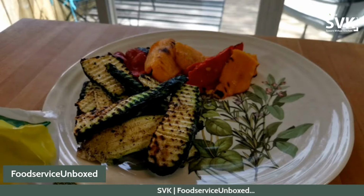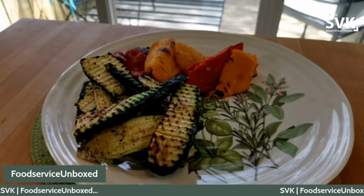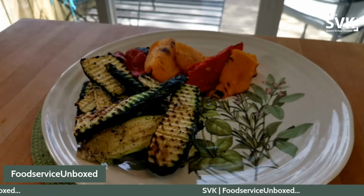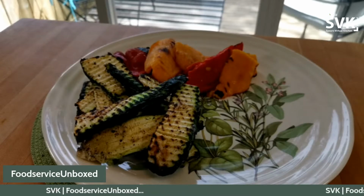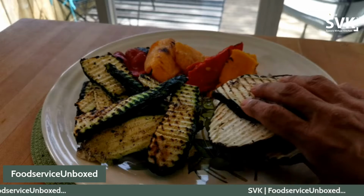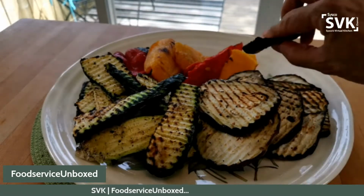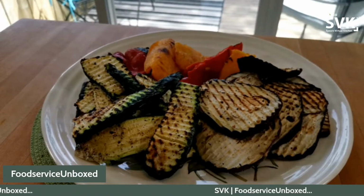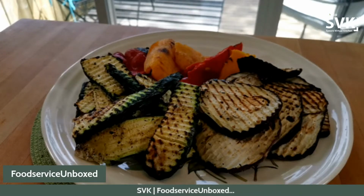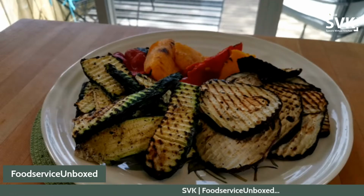The other thing is it's going to save them a lot of workmanship. If you're standing at a grill, no grill, you know how with steaks, you look for a hot spot on a grill. So no grill is going to be perfect temperature all across the board. So you really got to watch these and be standing at the stove or the grill the whole time. So it's not just going to affect your time, it's going to affect the way you're using your labor because you have somebody standing there grilling something and they could be doing something else that you pay them for. So there's that. The other thing is that if you look at this,